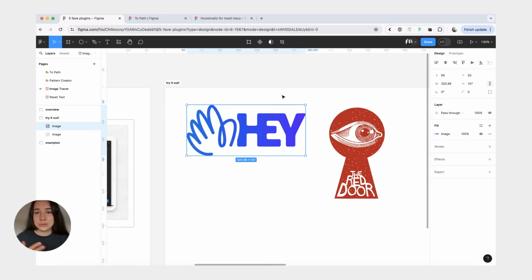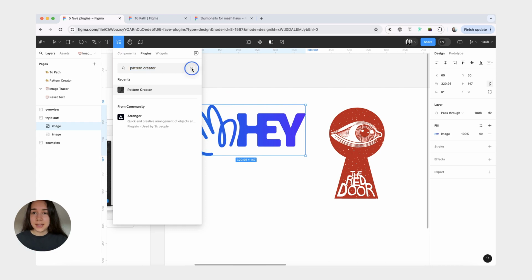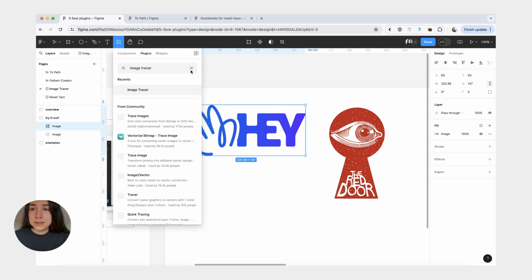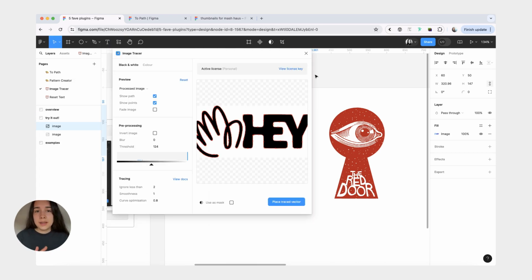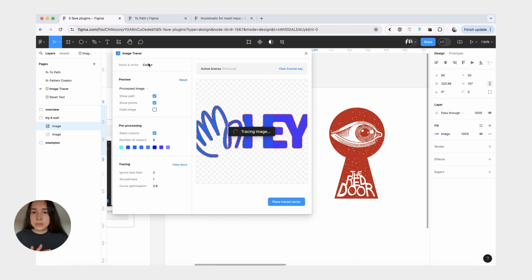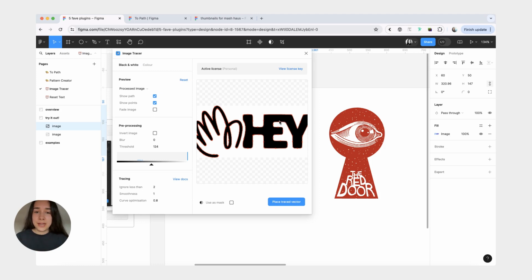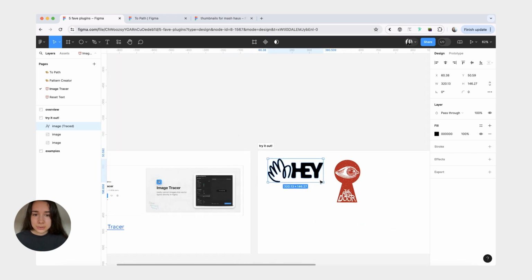First, we're just going to do a more or less simple shape, this A logo. Let's find Image Tracer. One thing I found is that there is an option for color, but sometimes the colors, like you can see here, instead of a smooth gradient, there is a harsher color divide. So for that reason, I usually do black and white. And then if you want to re-add the color back to it, I think that's the way to go. Anyway, so you have your settings here. You can customize it. I'll just do that.